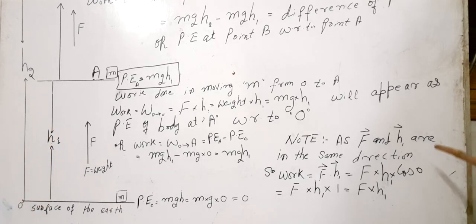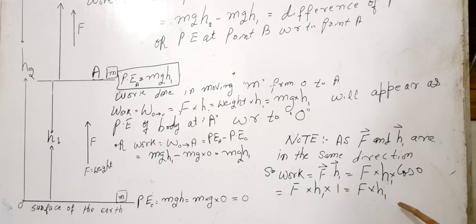When the force and the displacement are in the same direction, the angle between these two vectors will be equal to 0, and we apply the formula of work, which is the dot product of the force and the displacement. In this case, our displacement is h1. Here we will put cos 0,